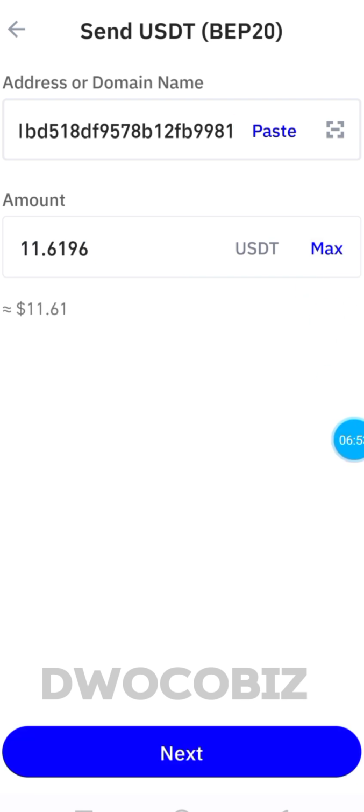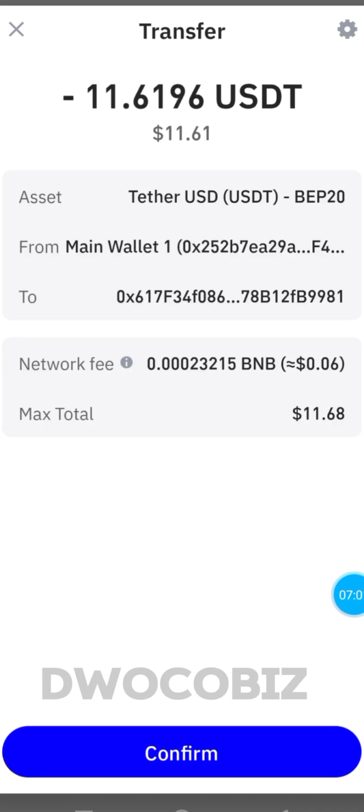So we're going to put the amount that we're sending. Click on maximum. Click on maximum. And if you click on it, you're going to see 11.6196. Okay, go to click on next. All right, so you can see that this time around they could allow us to go because the BNB has been able to be added. Okay, we could have 0.06, and they're taking 0.06 from the BNB, so we're going to send 11.68, and later could come back, okay, and send our money alongside. Okay, that we're going to be doing. So click on confirm,